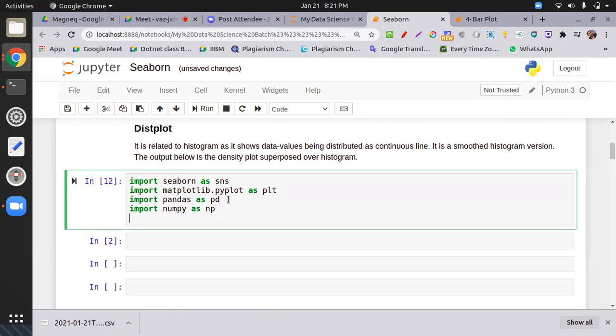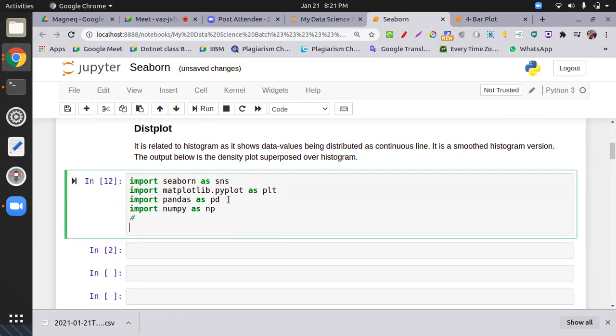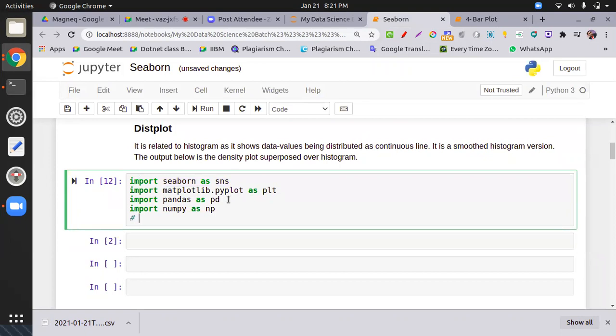And then one new library, warnings. Import warnings. Actually, when you integrate all the libraries, you get warnings, so we have to handle those warnings. They are not errors, it is just because you are merging pandas with Seaborn, so sometimes they issue warnings.